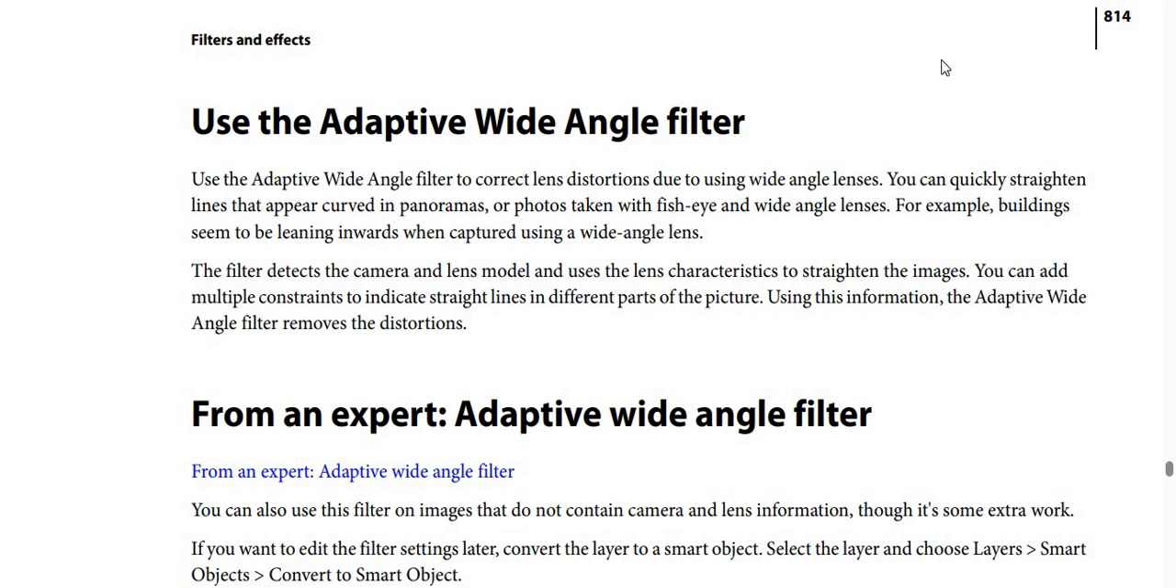Use the adaptive wide angle filter. How to use the adaptive wide angle filter? By the way, you can use the adaptive wide angle filter to correct lens distortions due to using wide angle